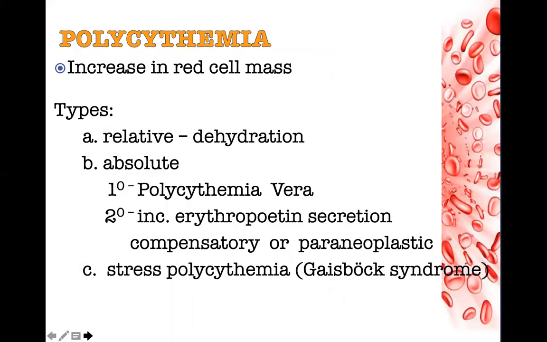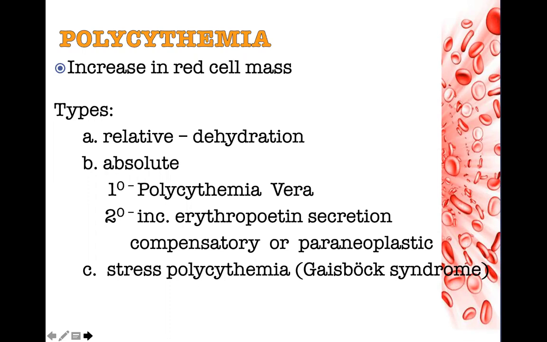This is the opposite of what we were talking about. We talked about anemia in the first portion of the lecture. This time, we'll talk about the opposite, which is an increase in red cell mass. It may be relative as a result of dehydration. It may be absolute, like what we see in primary polycythemia vera, or secondary polycythemia vera, wherein the increased erythropoietin